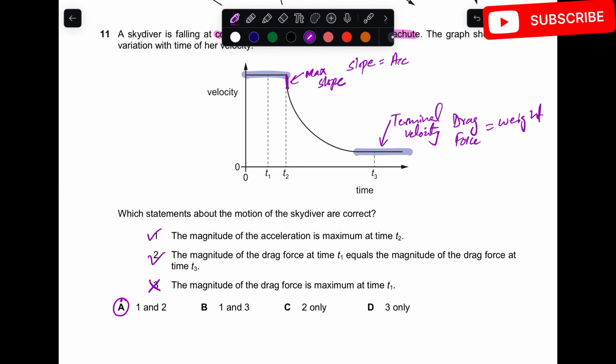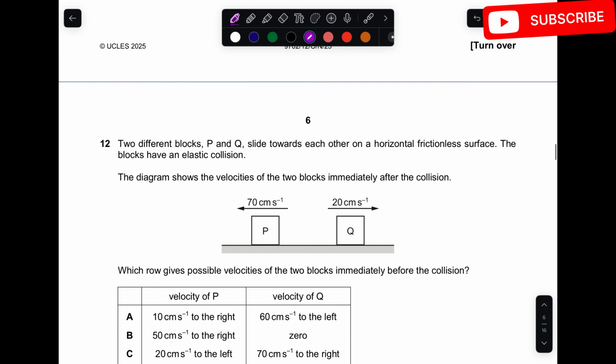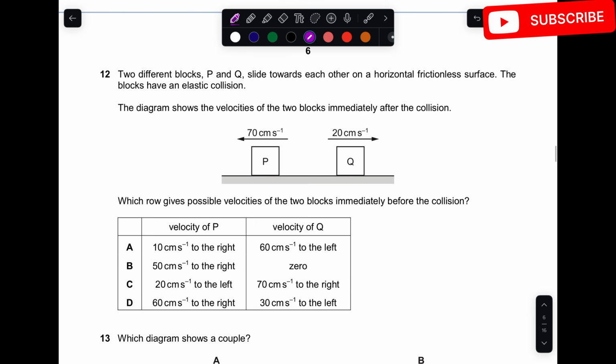Okay, moving forward, question 12. Two different blocks P and Q slide towards each other on a horizontal frictionless surface. The blocks have an elastic collision. The diagram shows the velocities. You have to tell which row gives possible velocities of the two blocks immediately before the collision. Okay, so what we can use, as the collision is elastic, it is given in the question, so we know